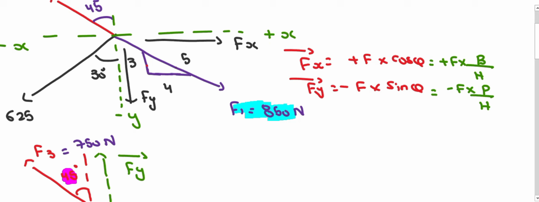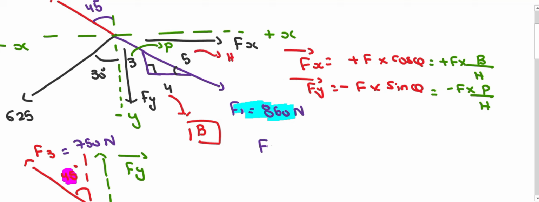This is our theta and this is the 90-degree angle. The 4 present here is our base, because the side where the two angles meet in a triangle is known as the base. The opposite side of theta is the perpendicular, and the opposite side of the 90-degree angle is the hypotenuse.